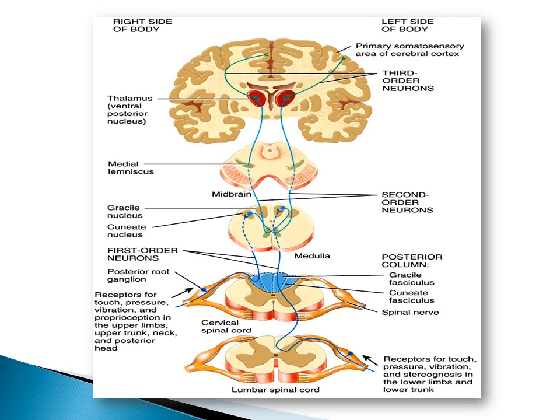Now recall that these are all first-order neurons making their first synapse in the medulla in both the gracile nucleus and in the cuneate nucleus,